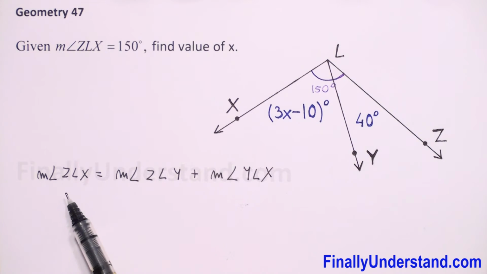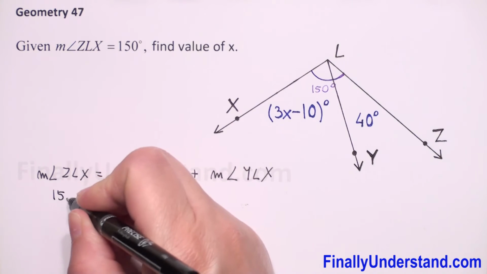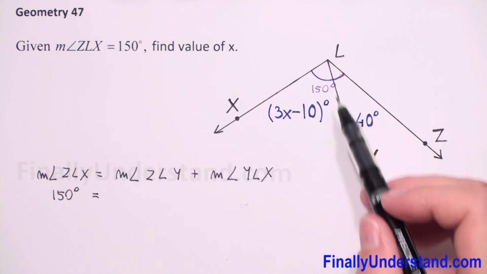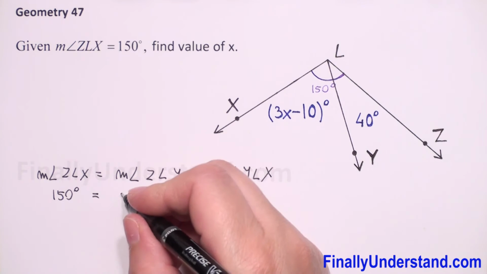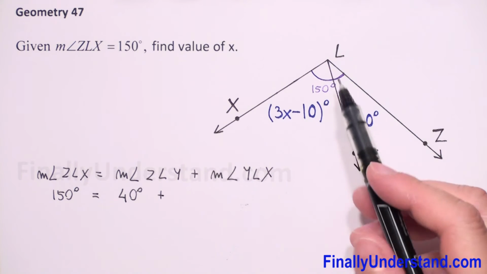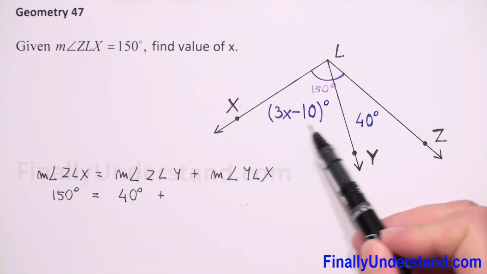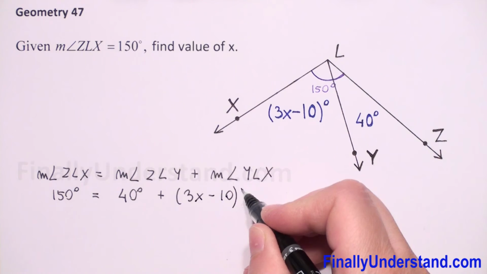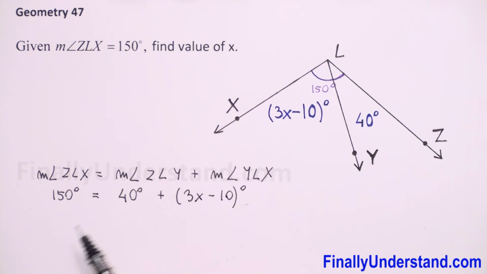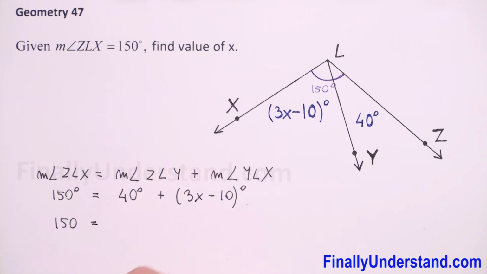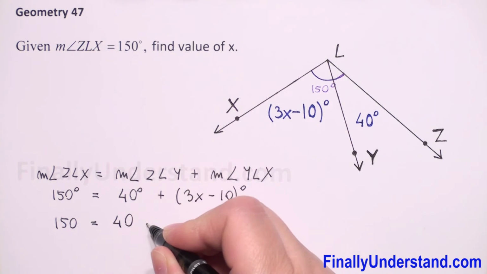Now we can substitute the measure of angle ZLX by 150 degrees because this is given. Next, the measure of angle ZLY is given 40 degrees. And we have that the measure of angle YLX is given by this expression, 3x minus 10 degrees. Let's forget about degrees now. And we have 150 is equal to 40 plus